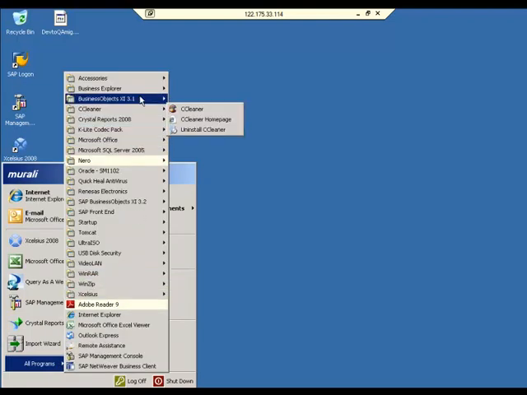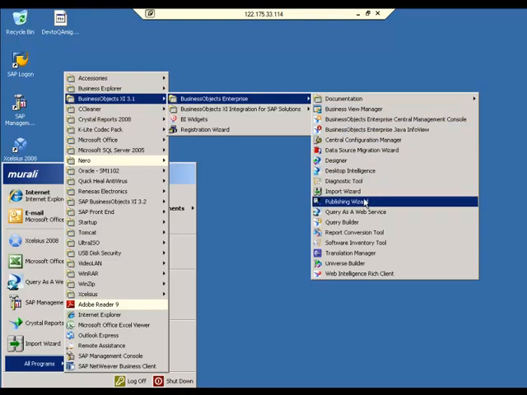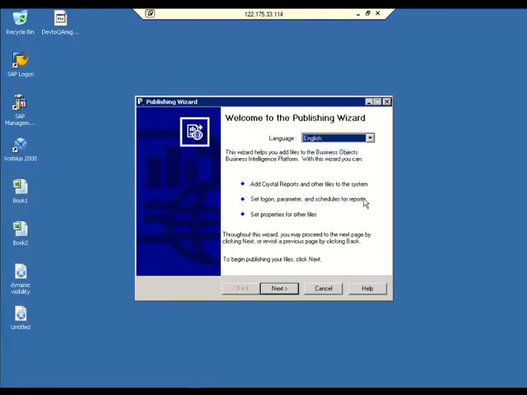Start, Programs, 3.1 Enterprise. There you have a tool called the Publishing Wizard. This tool is basically to publish a large volume of data from the local system to the server. With the help of the import wizard, you select a lot of users, many groups, their respective folders, their respective reports and universes and connections, and Crystal Reports connections into the BAR. Now you are going to deploy this BAR file into QA.